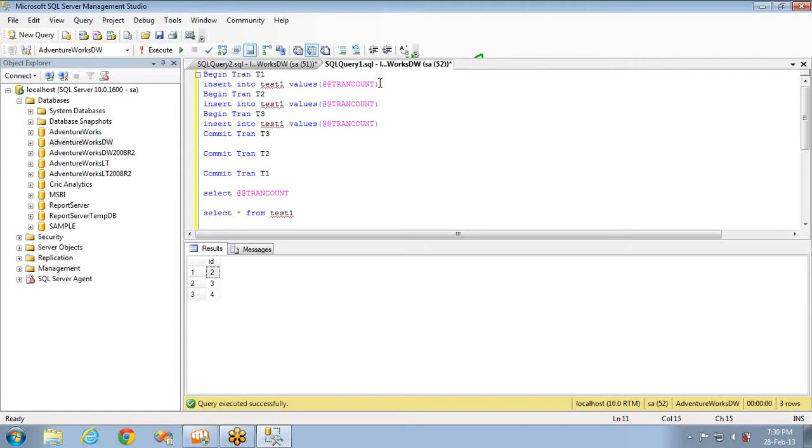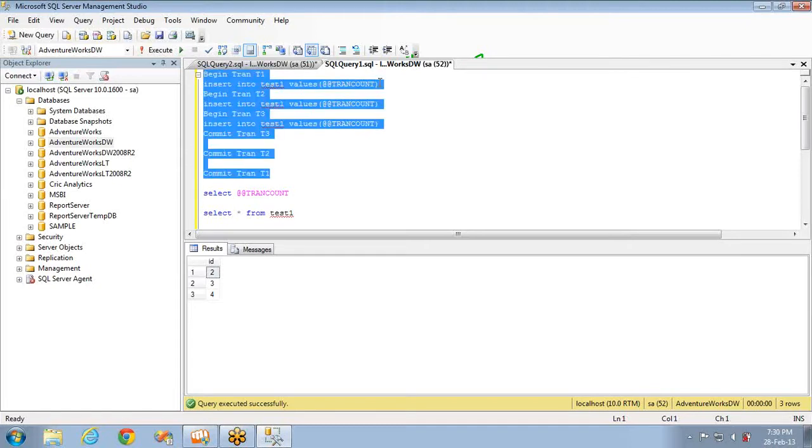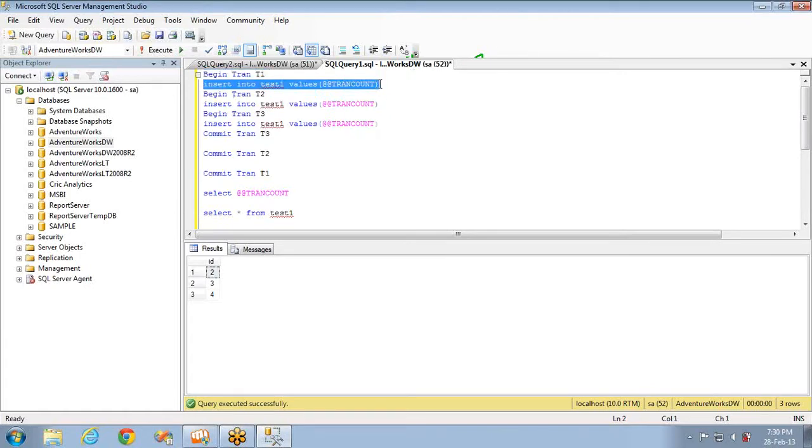Okay. And what you have to observe here is how we can nest the transactions. Here you can have some conditions and some insert statements. Once it is done, you can have one more transaction. And if this is successful, you can have one more transaction. In this way you can nest so many transactions. And the most important thing in the nesting of transactions is the rollback part.